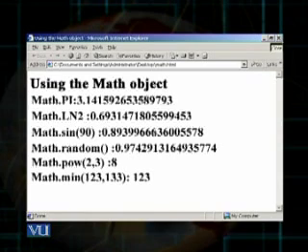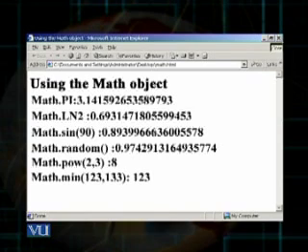In the next line, math.log2, consequently the value of log2 would be calculated and would be written for us. Because of the paragraph tag, you can notice there is a line break, a line space, and then the next document.write is executed, which is math.sin 90, and consequently sine of 90 would be calculated and would be accordingly written for us.